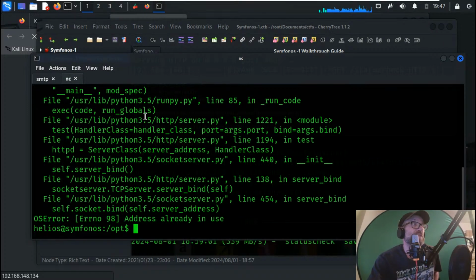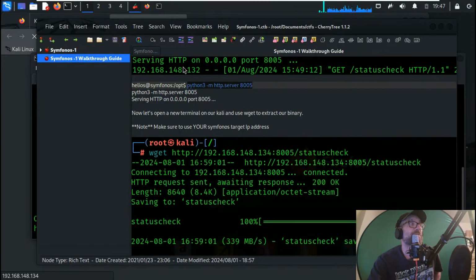Now the thing is, it's actually listening to us, right? Actually, I think I already have the server running. I never turned it off. Okay. So once we get to our target address here, it's going to say that it was awaiting the status check, okay? So what we're going to do is